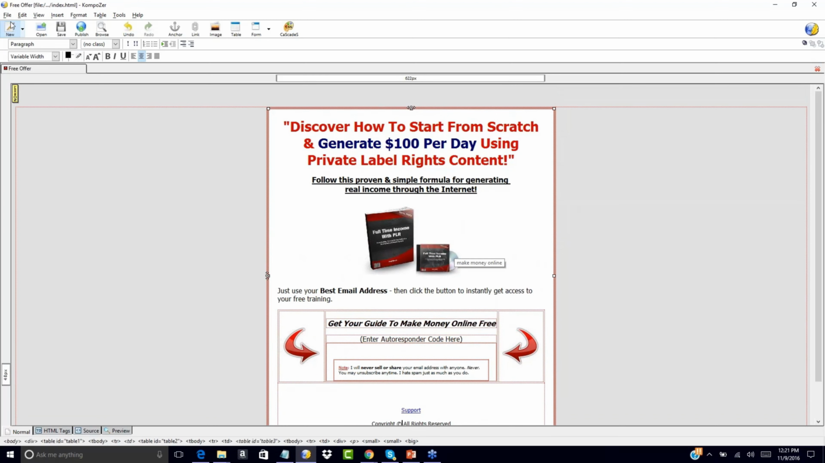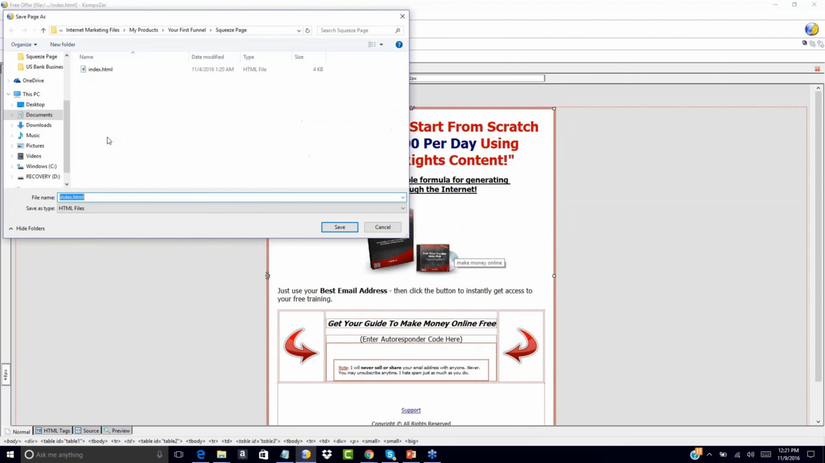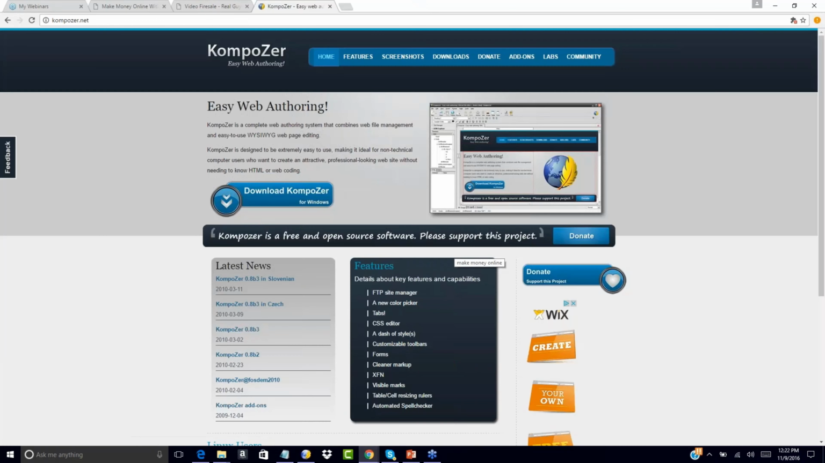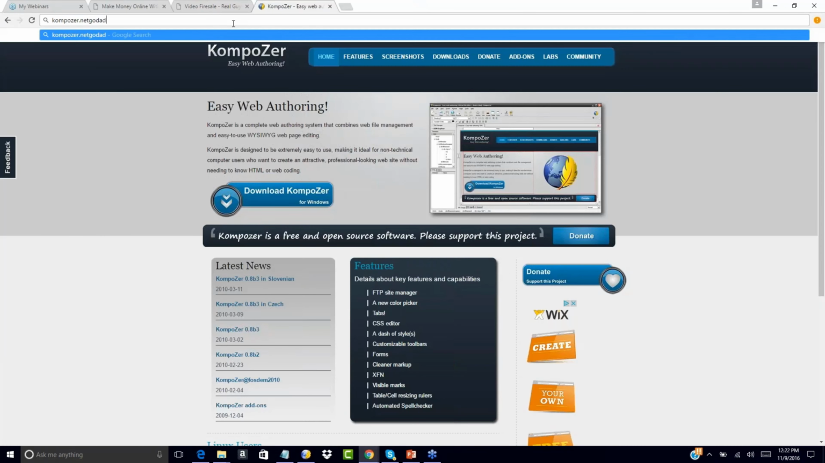So now I would come up here and I would say File, Save As, and then let's just save this as an HTML file, and we'll say index-2. And at this point, you also will want to have a domain name. So you're going to want to have a domain name ready to go as well. So to get a domain name, we can go out to GoDaddy.com. That's where I like to go to get my domain